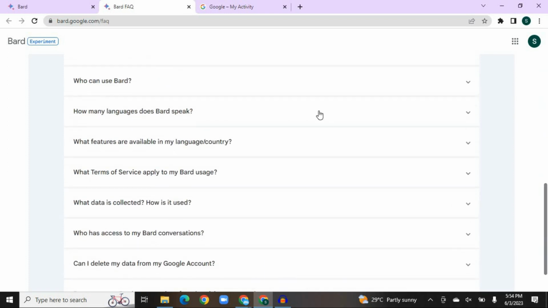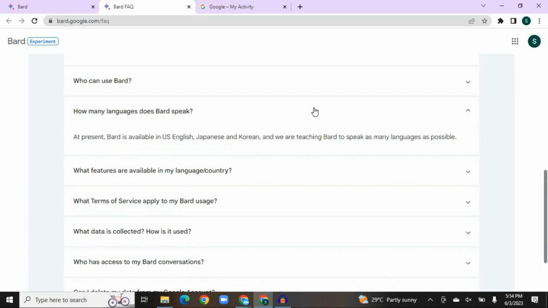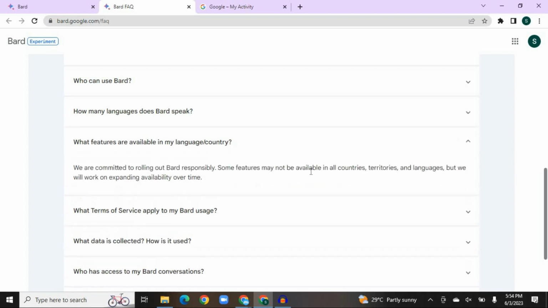And if you're wondering how many languages Bard speaks, you can see that at the moment it is available in US English, Japanese, Korean, and they are teaching it to speak as many languages as possible. And if you're wondering if it is available in your language or country, you can see that they are committed to rolling out Bard responsibly. Some features may not be available in all countries, territories, and languages,